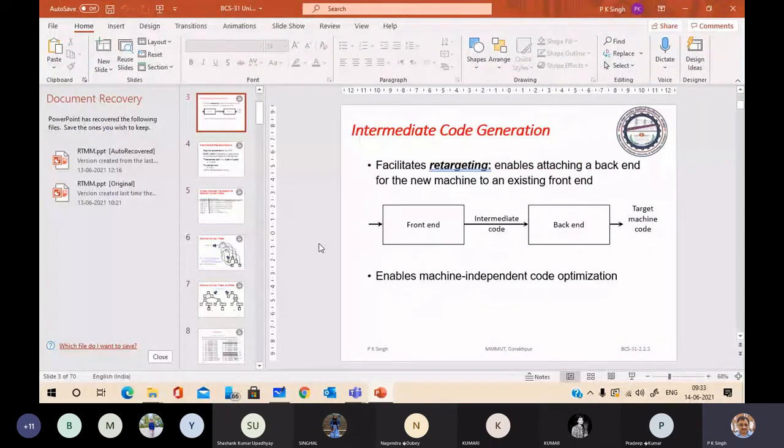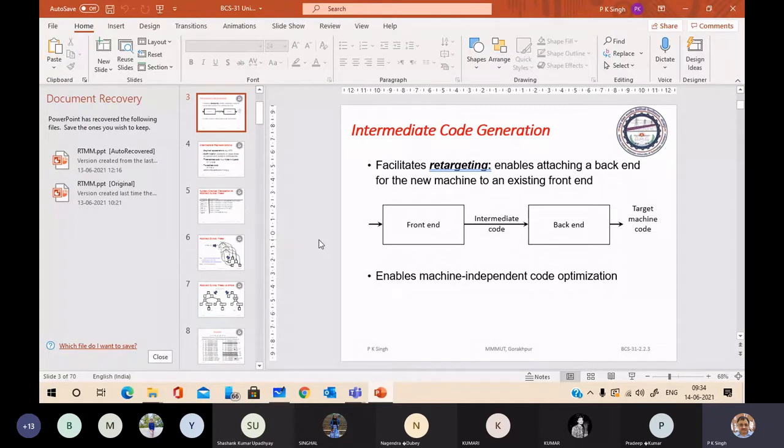About syntax directed translation. Now you have seen how we give a syntax directed definition by associating synthesized attributes and inherited attributes, and you have seen two types of definition: S-attributed definitions and L-attributed definitions. Now we go for our main goal.